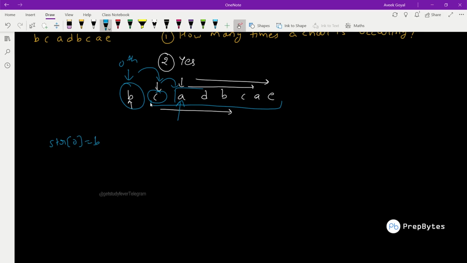Then inside a for loop, we need to run from 0 plus 1 till n minus 1. We will run a loop, and in that loop, we will check whether any character inside the string is a